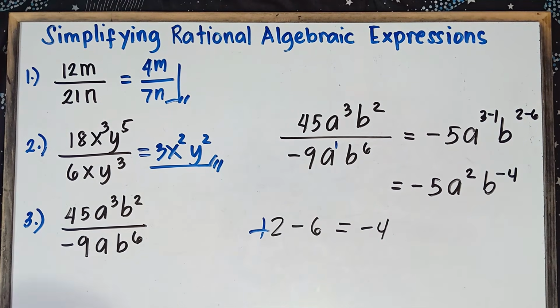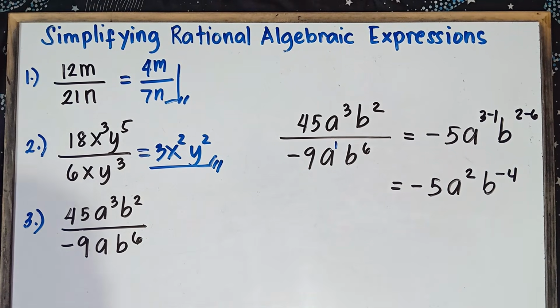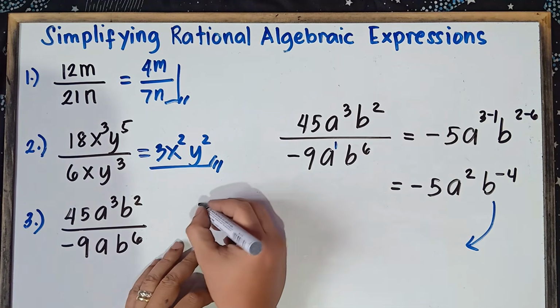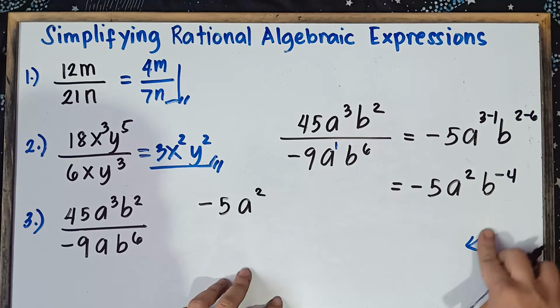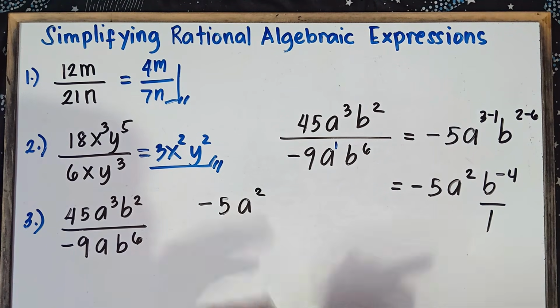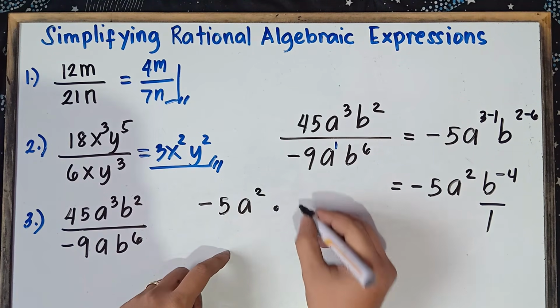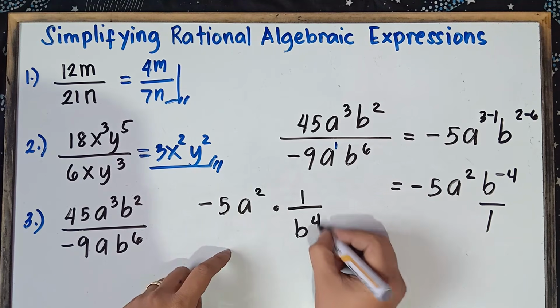Now, since we have a negative exponent, therefore, class, this is not yet the simplified form. We are not allowed, class, to have a negative exponent. So simply put this one on the denominator and the exponent will be positive. Once again, class, the long method, if you still remember, negative 5a squared, we get the reciprocal, understood that there's 1 here. So get the reciprocal, that would be times 1 over b raised to the power of 4.